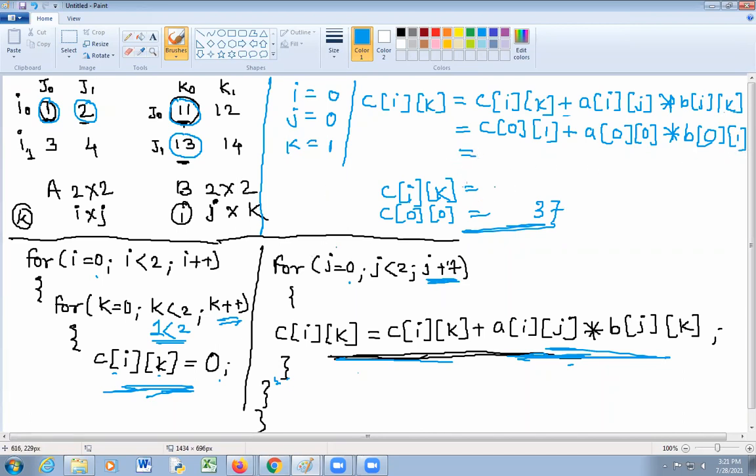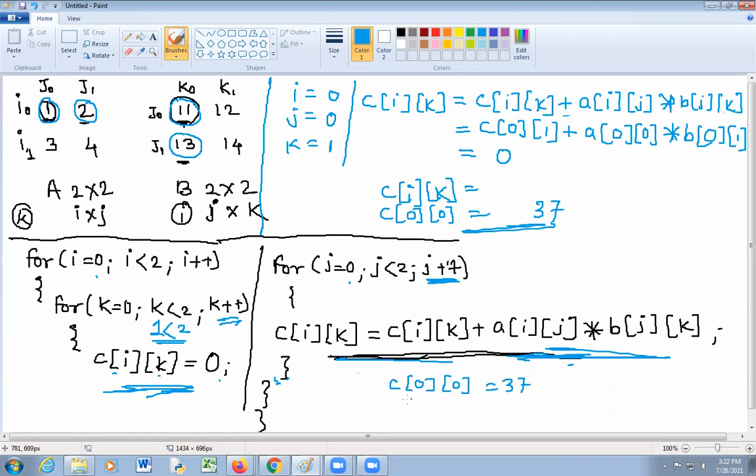Okay, c of 0 0, that is c of ik, recent value is now 0. So I will write the first output here, c of 0 0 is equal to 37.